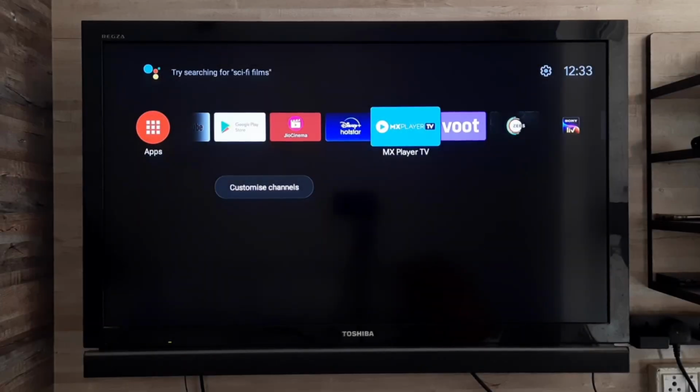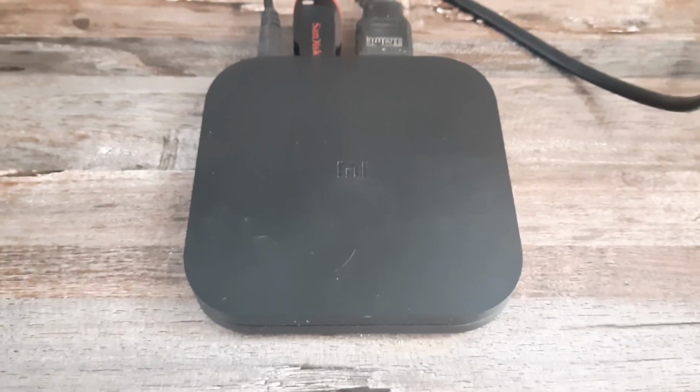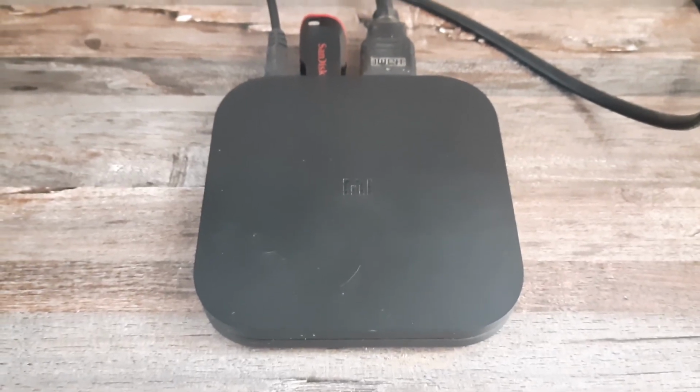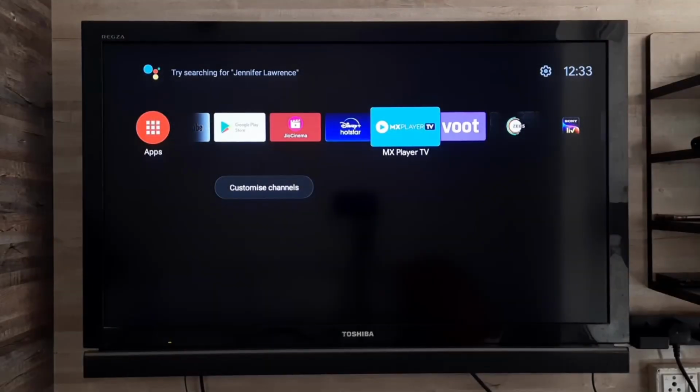Previously, I made one video in which I mentioned how you can speed up the phone if you're using a Xiaomi phone or Xiaomi Redmi phone or any other Android phone. Then I mentioned some tips by which you can speed up the phone, and I got a really good response on that video, and I thought that I should make one more video about the Mi Box 4K. And in this video I am going to mention the same tips which I mentioned in the previous video about the phone.